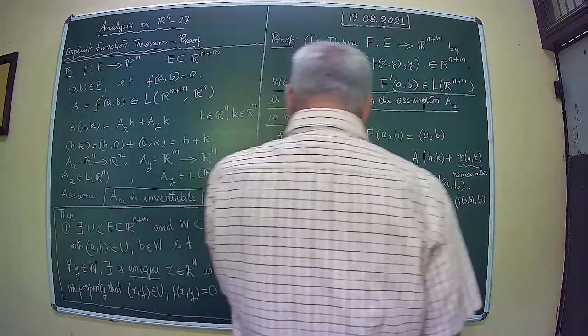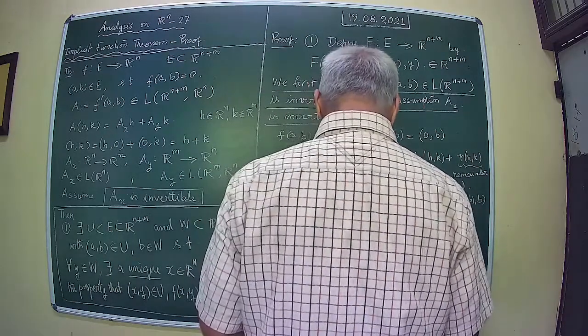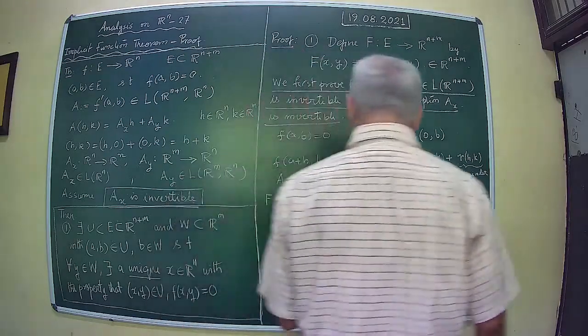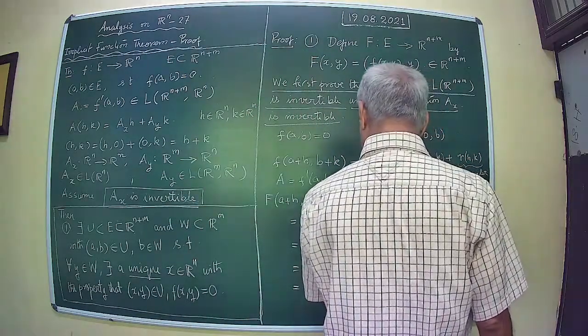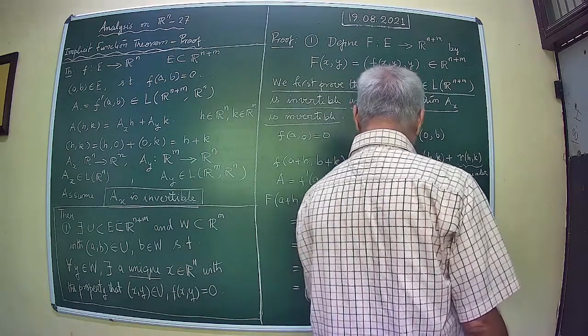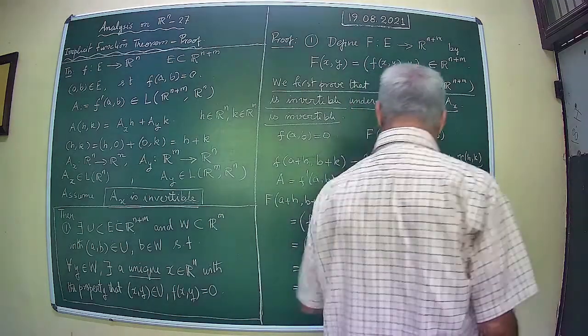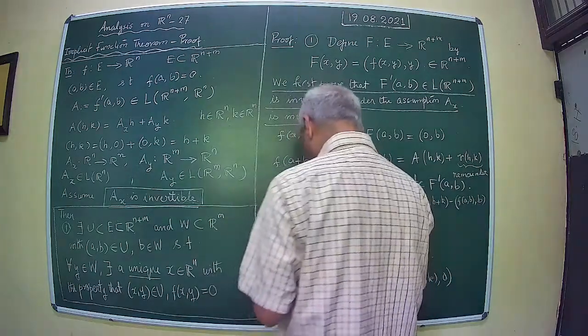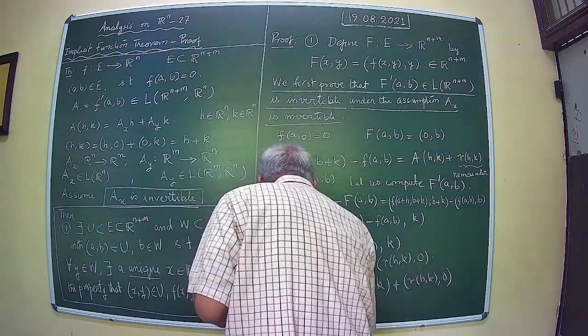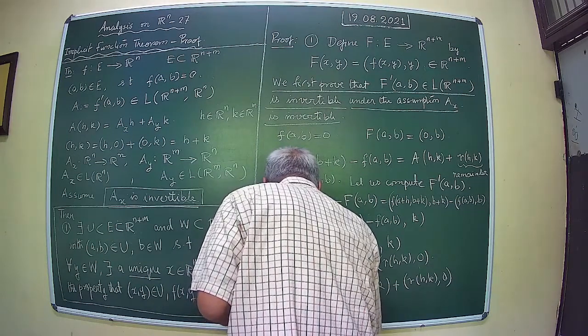Therefore, what you have is this. See, it maps HK to A_x H plus A_y K comma K. Okay. So what you have is this. That is f dash AB of HK equal to